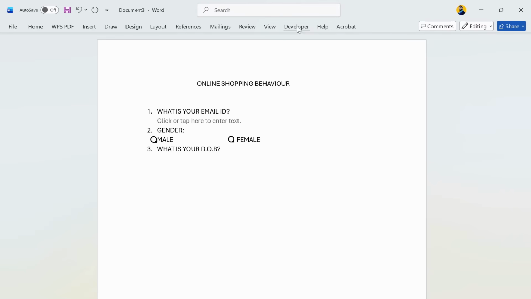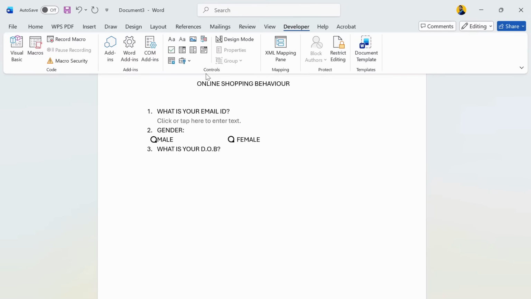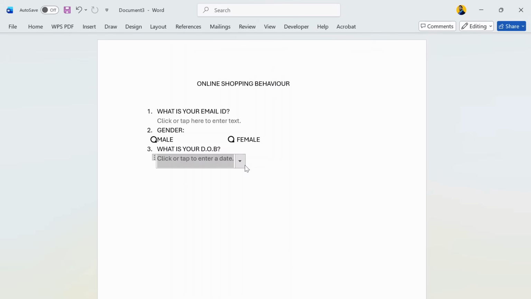Then we go to the developer. In the controls segment, we have a calendar option, this one. So we'll directly click on this calendar, and here we have the calendar option, like we can select the date. So this is the particular question number three. Now we are shifting to question number four. In question number four, we can ask them